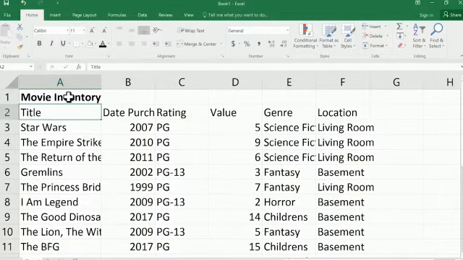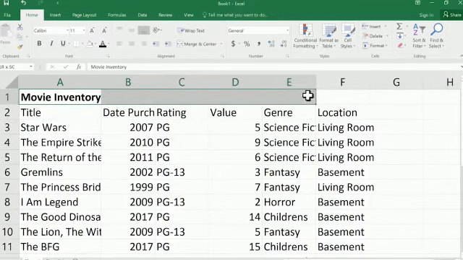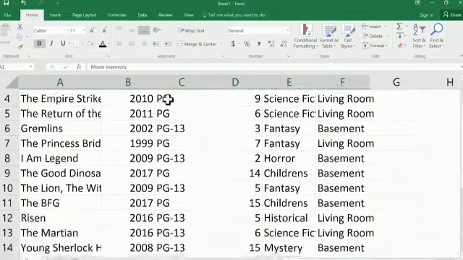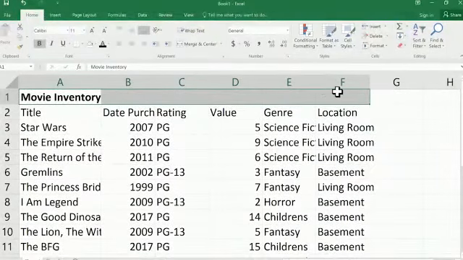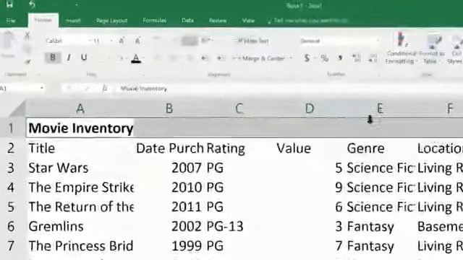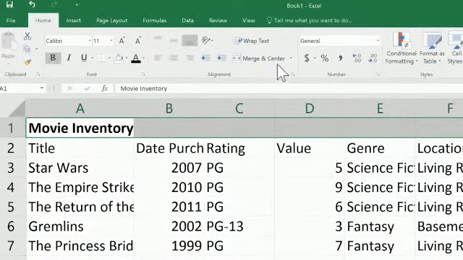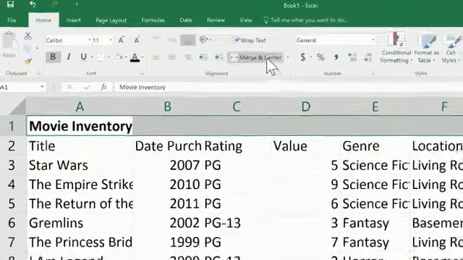I will click on cell A1. I'm still holding the mouse, click, and I'm going to drag until I have covered all of the content of my spreadsheet. So the content of this spreadsheet ends at column F. You see, I don't have anything beyond that. So I just click and drag to get all the way across. Now watch what I can do on the home tab, home ribbon. There is a button here in the alignment group